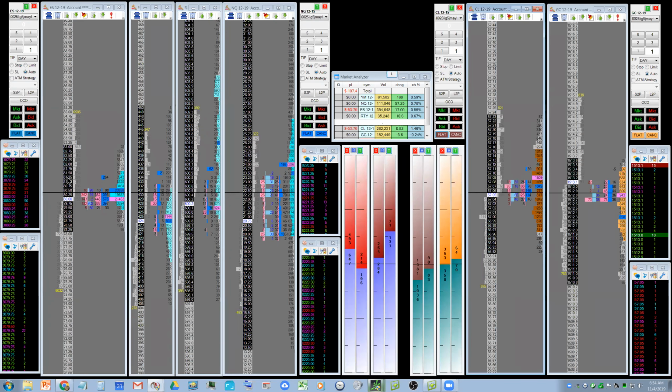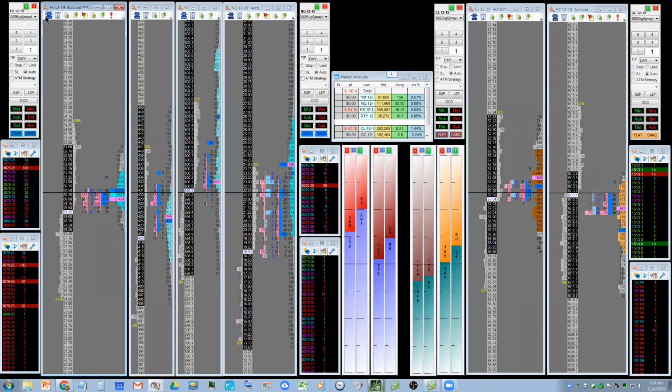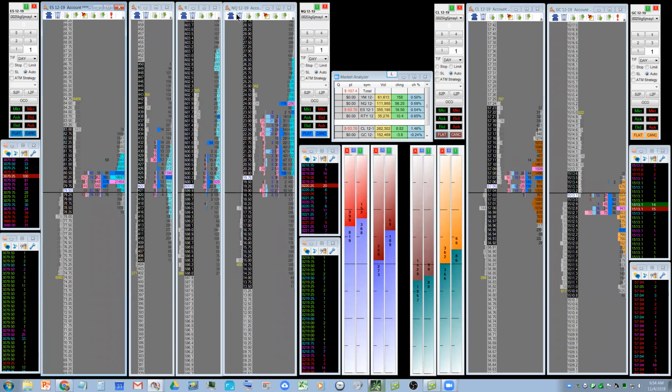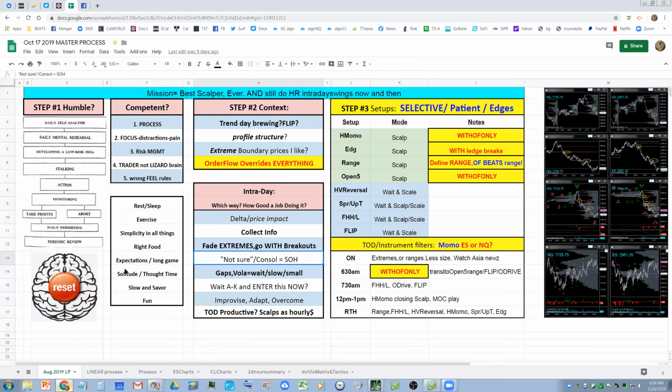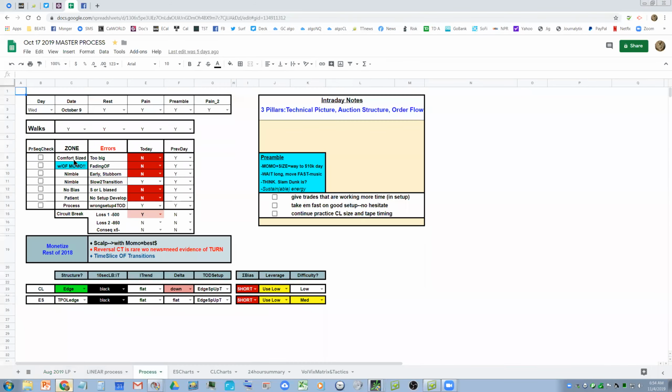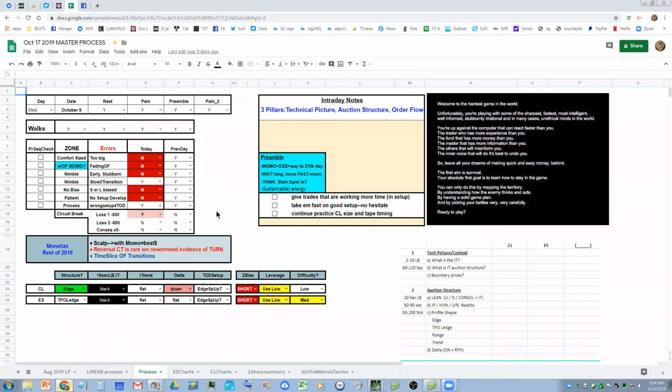Those are what I call filters, by the way. They're things in my head, but not necessarily anything I would use as a signal. You won't see them in my process. By the way, they used to be in my process when my process was much more mechanical, and it had all kinds of trends and setups and deltas, and this is literally a program I wrote that tests every one of my setups, and that's how I got here, guys.